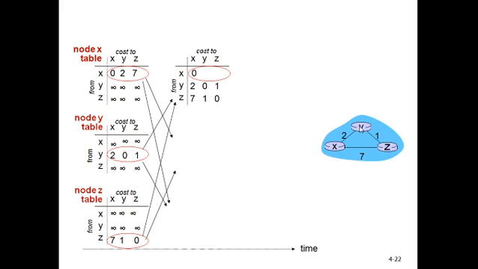In the same way, the table for Y: Y knows only about these two directly connected neighbors, X and Z. You can see over here that Y to X is 2, Y to Y is 0, and Y to Z is 1. So it's a simple table for node Y, and in the same way you have a simple table for node Z,